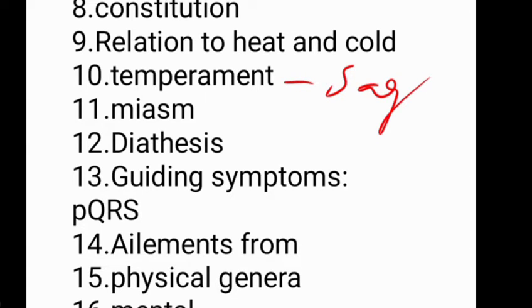Then miasm. Miasm is a very big topic. In short, miasm may be psora, psychosis, or syphilis. In which case should we give aconite, and which miasm? In psora, meaning the fast appearing inflammatory stage, where we use psora. Psora is the background, meaning functional disorder, heart disorder. When there is congestive disorder in the heart, we use aconite. This is a functional disorder, and we use aconite; that is its miasm. Then the relation to heat and cold is part of the physical generals, so we also include it.